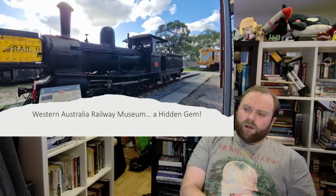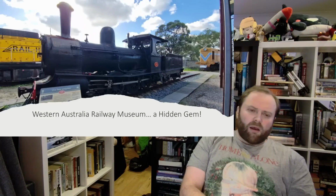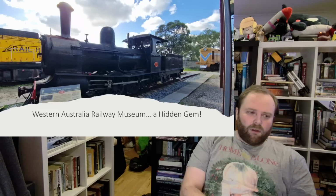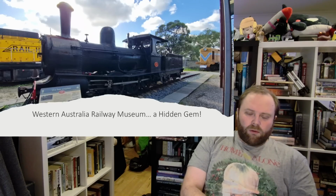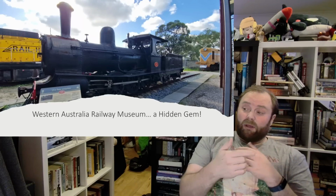And I wasn't expecting much from the write-up, because the write-up really doesn't do it justice. And it's a tiny space, really. It's a postage stamp in terms of what it's containing, because it's crammed. It's the railway museum equivalent of a second-hand bookstore. You know, the tiny frontage, and you think, oh, I'm going in there, it's going